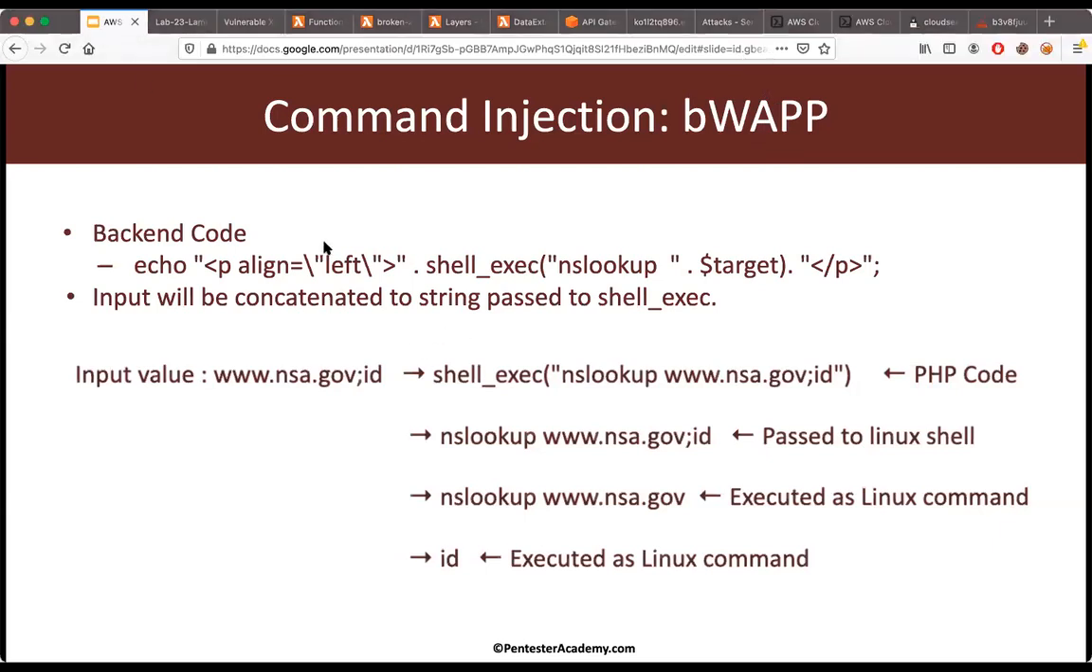So this is again a simple command injection on BWOP. This is the backend code, and I'm going to walk through the simple command injection code. Here we have the backend code which says shell_exec nslookup . target. The target value is passed by the user and concatenated with the string nslookup space. Please note, in a PHP environment, the shell_exec function calls sh